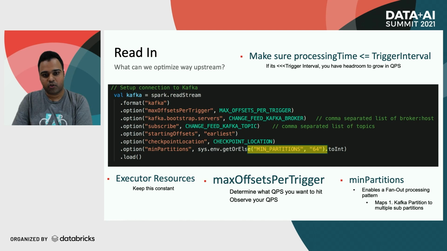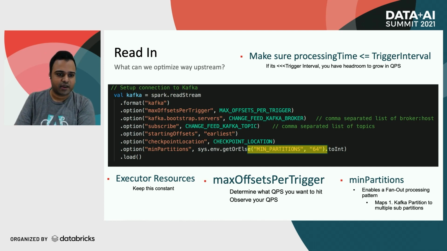A lot of the time what happens, and I made the mistake myself, is I was like, hey, I think I'm blocked on throughput from Kafka because I have only, say, 5 partitions from Kafka. I was like, okay, let's go raise a request to increase the number of partitions from Kafka. And then the pipeline team told me, hey, you know what? You probably don't need that. Why don't you do a bit more fan out? You're probably not blocked by the throughput from Kafka. So then we explored this